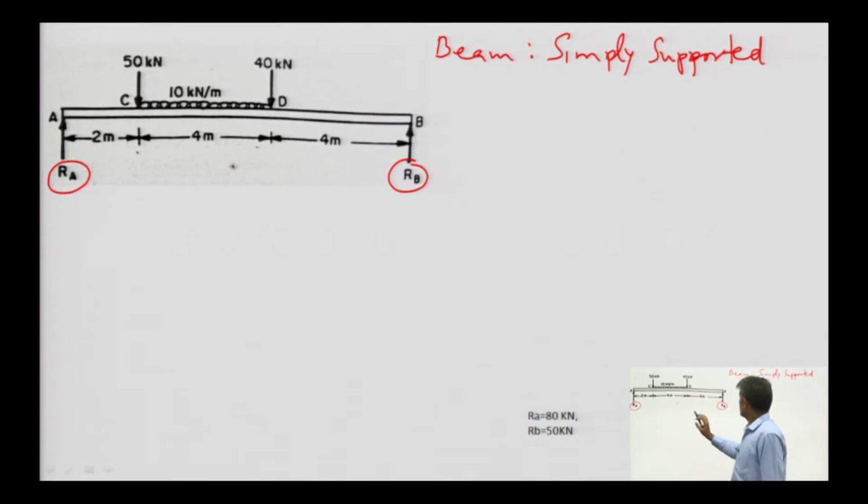So, what will be the step in calculating the value of RA and the value of RB? The steps are simple.